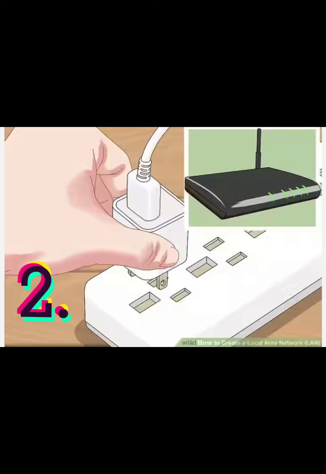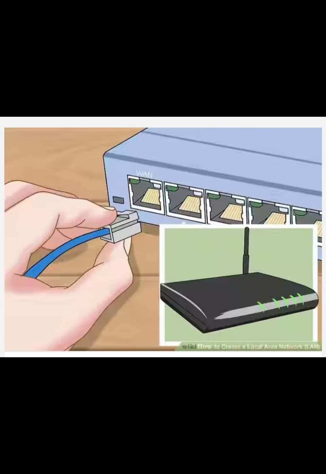To set up a router, you don't need to do much to set up a router for a basic LAN. Just plug it into a power source, preferably close to your modem if you plan on sharing the internet connection through it. Connect your modem to your router if necessary. If you're sharing the internet connection from your modem, connect the modem to the internet port on the router. This is usually a different color from the other ports.